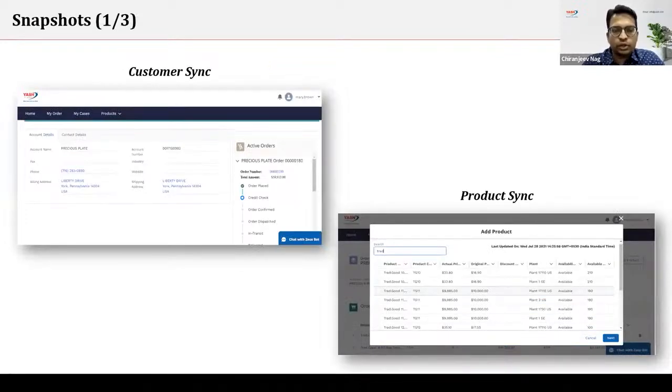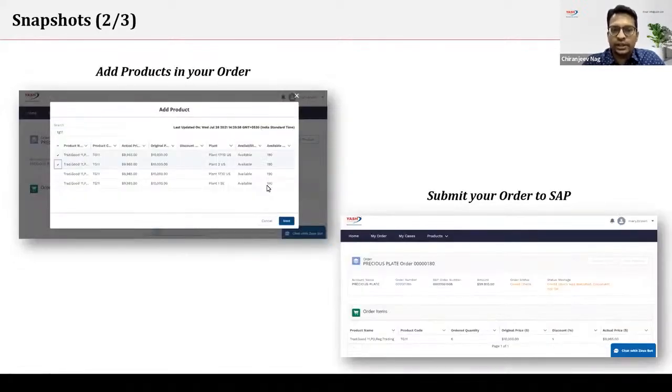The next screen talks about the information that has already been synced using this connector. The moment we get into a project, we can leverage this entire mechanism to finish the integration. The customer data sync is happening between Salesforce and the ERP system. This is a screenshot of that. Once the customer data has been updated, if the customer wants to purchase a product, the product information along with the pricing data is also in sync. We can search for products, view the updated price, add the product to the cart, review the cart, and place an order.